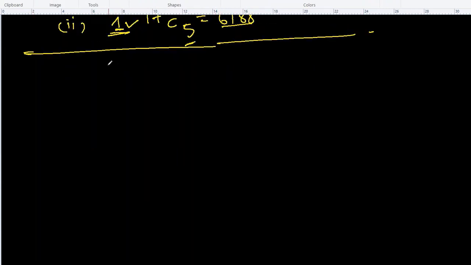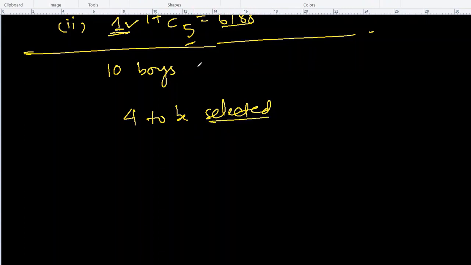So let's make up a question that we have, there are 10 boys, and 4 are to be selected. They are not being given any number first, second, third, fourth, so they are being selected and we will use combination. These 10 boys have one set of twins, so there are 2 twins. If 4 are to be selected, there can be many possibilities. So first one will be that at least one twin